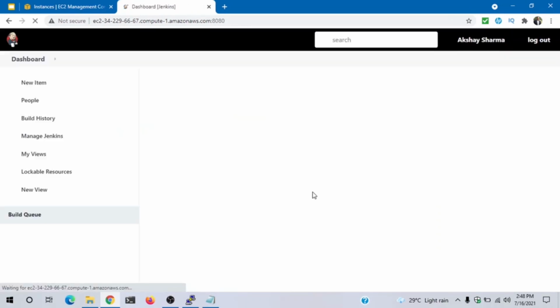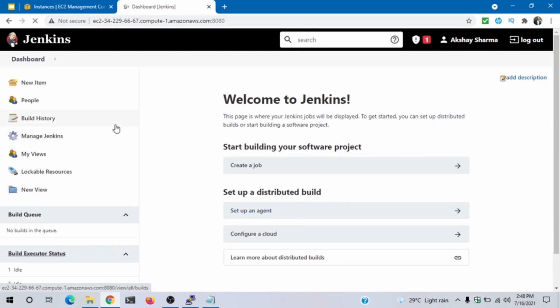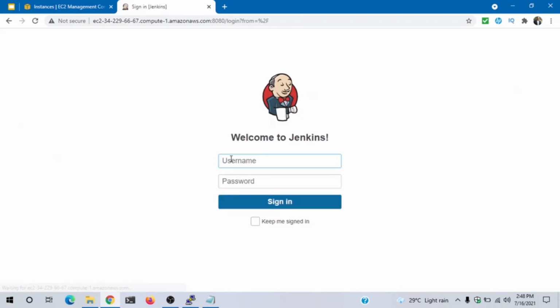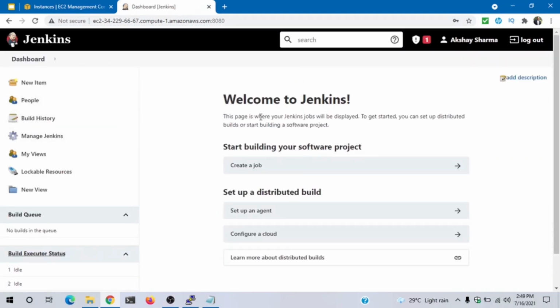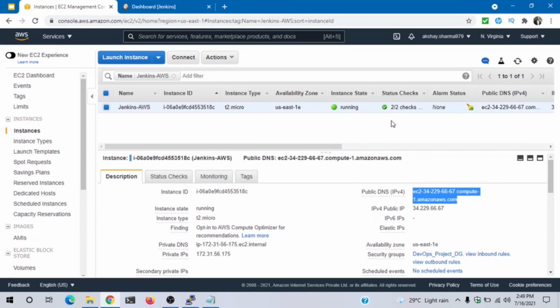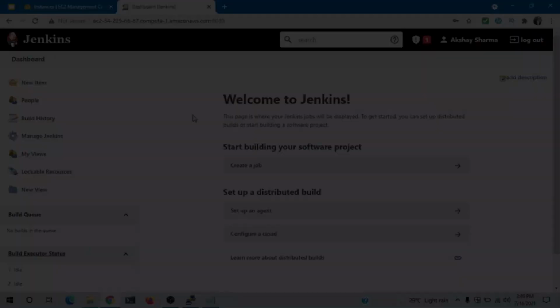By this, we can install Jenkins on the AWS EC2 instance. We can see all the dashboards. We can create a new item. You can see the profile username. We can log out and log in again with the same username we just created. So you can see that we are again able to log in and we can perform all the functionalities here. By this, we can install Jenkins on an AWS instance. As it is, when we terminate this, Jenkins will also get terminated. When we shut down this AWS instance, we cannot use Jenkins.